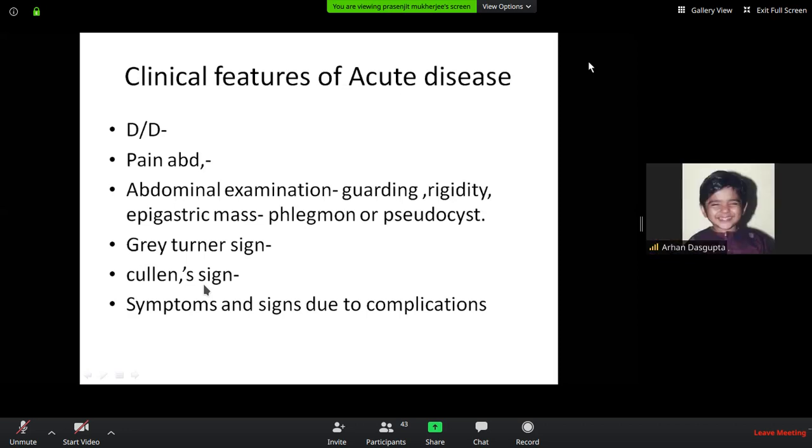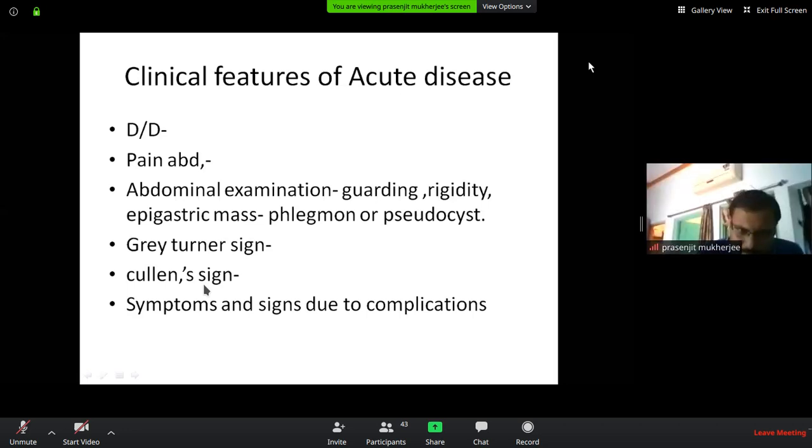Okay. Now come to differential diagnosis. Differential diagnosis, you all know: any upper abdominal pathology. Most common is duodenal perforation, perforated duodenal ulcer. So an X-ray is a must. Always remember, you will be interns in 1 year. Any patient with pain abdomen, please do one X-ray. Severe pain abdomen, please do one straight X-ray abdomen.